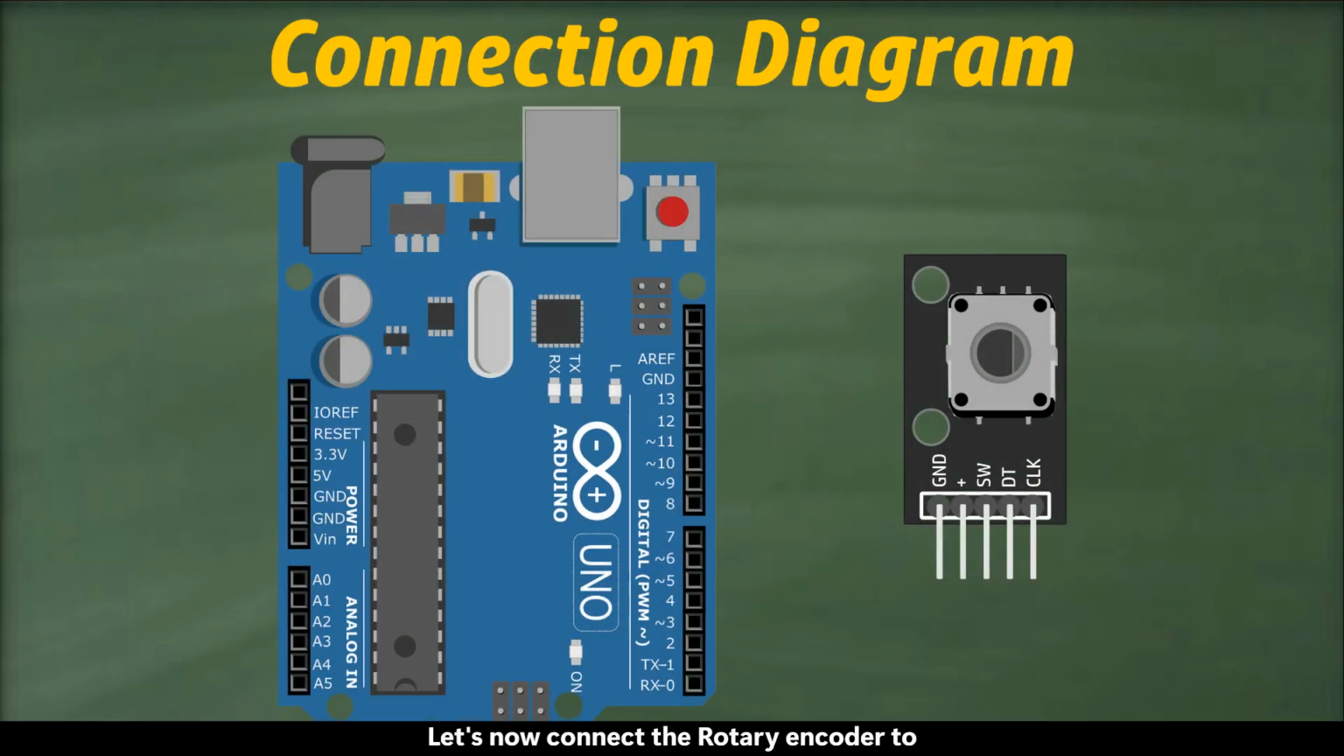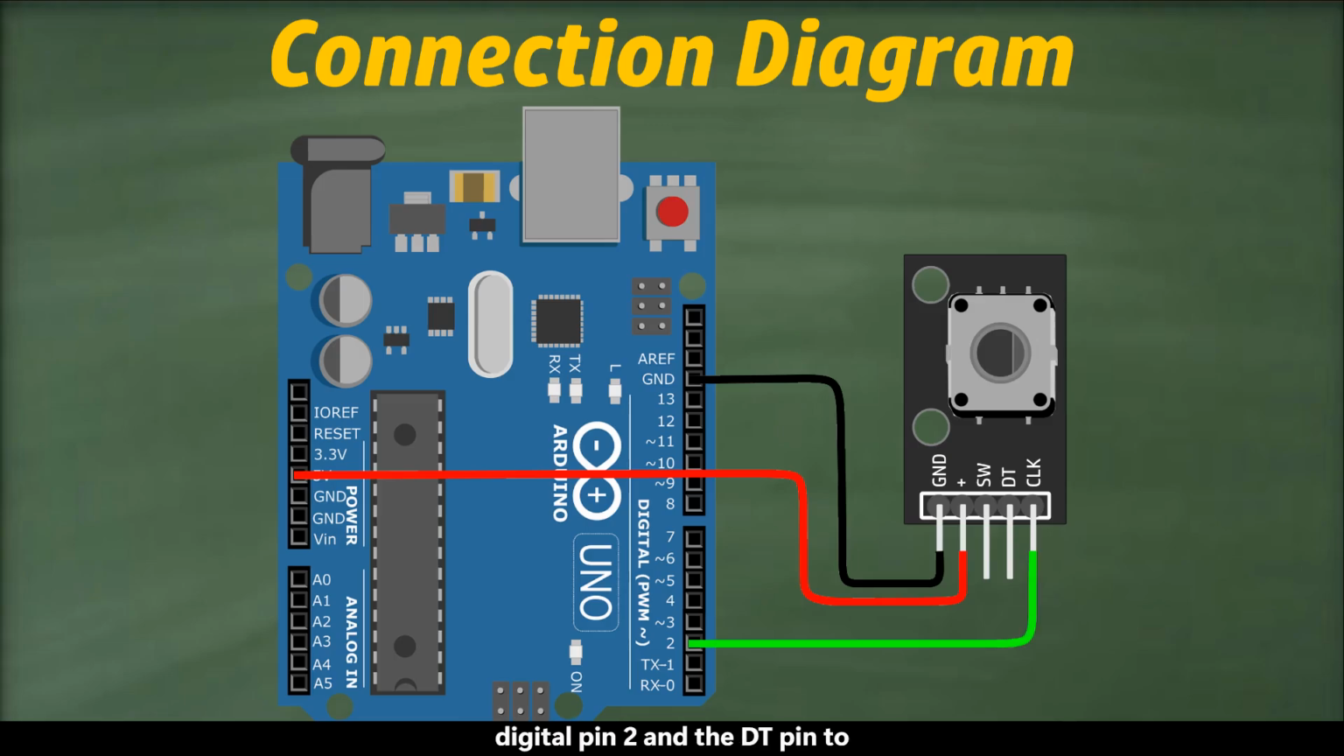Let's now connect the rotary encoder to the Arduino. We start by wiring the module's VCC pin to the Arduino's 5 volts output and the GND pin to Arduino's ground pin. Connect the CLK clock pin to digital pin 2 and the DT pin to digital pin 3 on